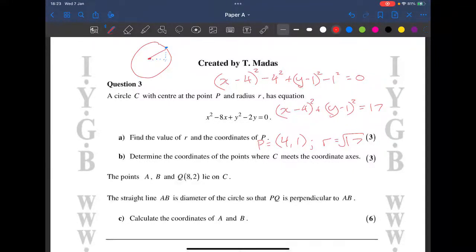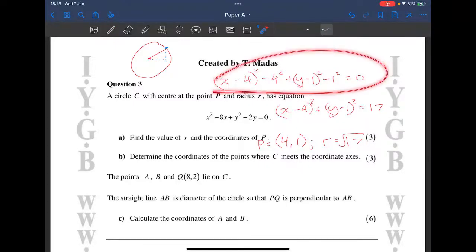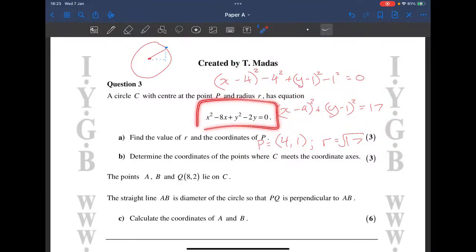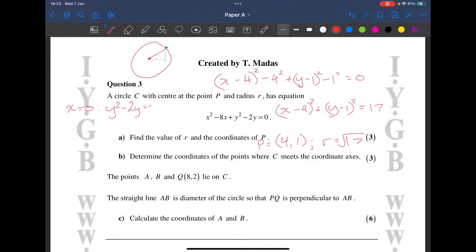Find the points when C meets the coordinate axes for part B. We can use any of the equations that we've got to find that out. It's probably easier to use these ones, I think. So when it crosses the y-axis, x will be 0. So if we make x 0, what do we have? Y squared minus 2y equals 0. So we know that we're going to have y minus 2 times by y is 0. So our y coordinates will be either 2 or 0. So we're going to get the point 0, 2